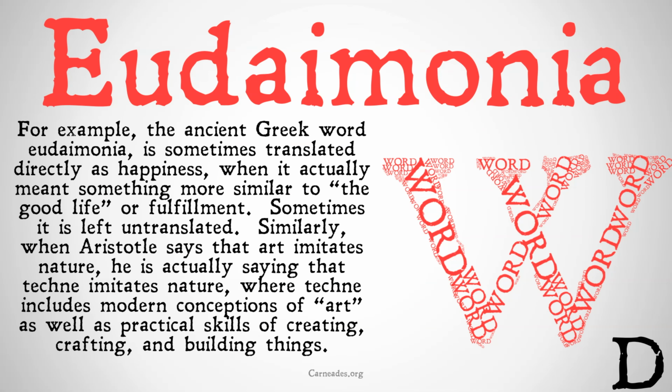For example, the ancient Greek word eudaimonia is sometimes translated directly as happiness or even pleasure, when it actually meant something more similar to the good life or fulfillment. Sometimes it's left untranslated for this reason, indicating that it's a word that doesn't have a perfect correspondent in English, to prevent people from committing the etymological fallacy and saying that, oh, this ancient Greek philosopher is just talking about pleasure, they're just talking about happiness, when in fact they're talking about a more complicated and nuanced concept in ancient